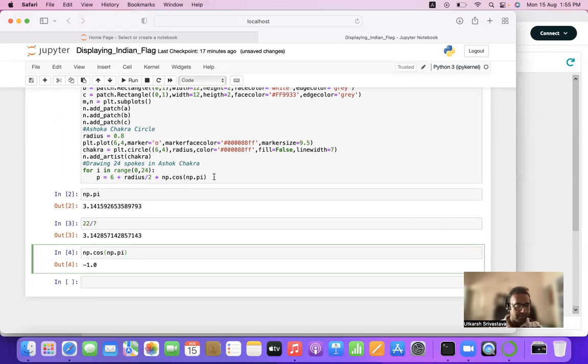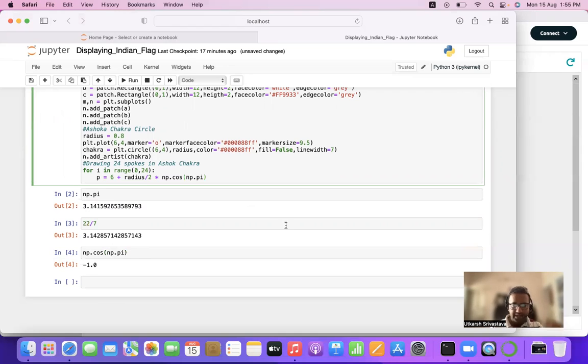So, returning back to our problem, np.pi into i divided by 12, plus np.pi divided by 48. So this is how we'll be drawing our chakra. So what it will do is that it will